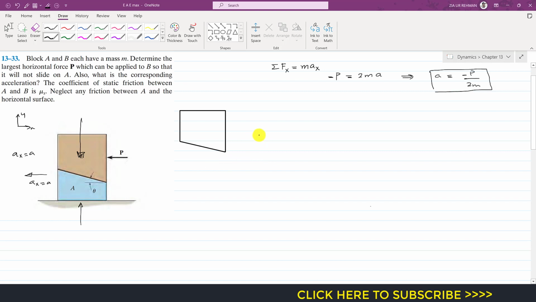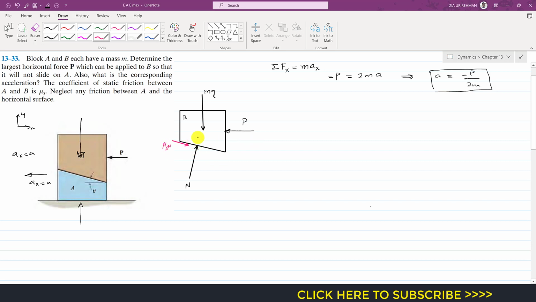Now to find that force P, if I only consider that block B, so this is that block B, and here we have that horizontal force P, and its weight will be acting vertically downward, and its weight will be equal to m times g. The mass of this block B is m, so this will be m times g, and here we will have that normal force which will be acting by this block A on block B. So let's say this is my normal force, and here we will have that static friction force. This will be equal to mu s